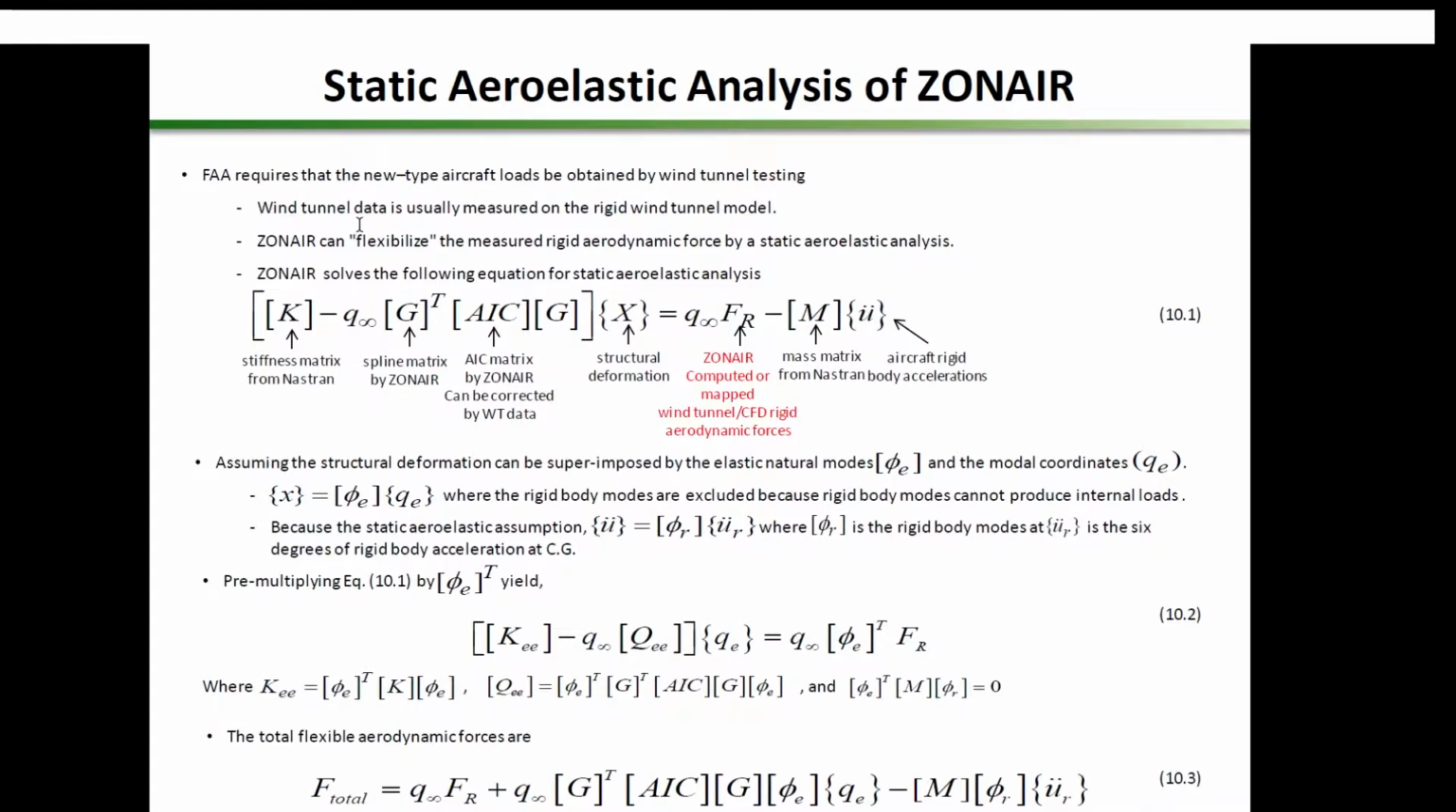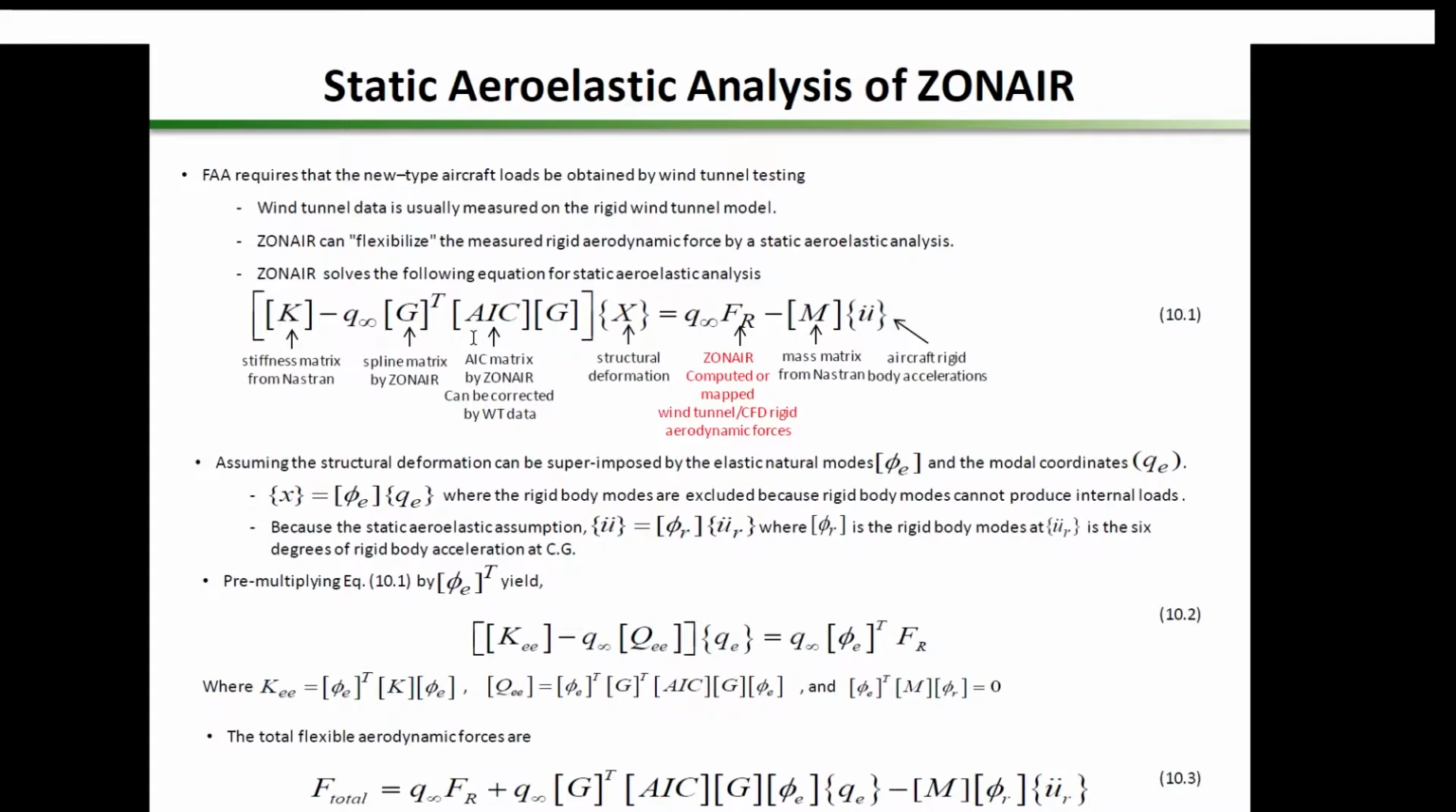Wind tunnel data is usually measured on the rigid wind tunnel model, and ZONAIR can flexibilize the measured rigid aerodynamic forces by a static aeroelastic analysis. So ZONAIR solves the following equation to include the structure flexibility effect in the total aerodynamic forces, where K is a stiffness matrix provided by the finite element solver, and AIC is the